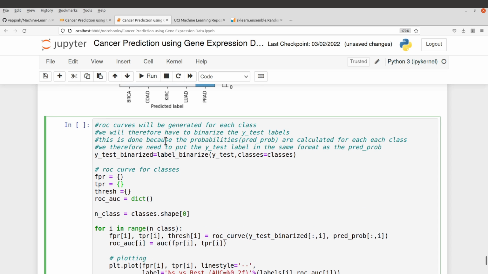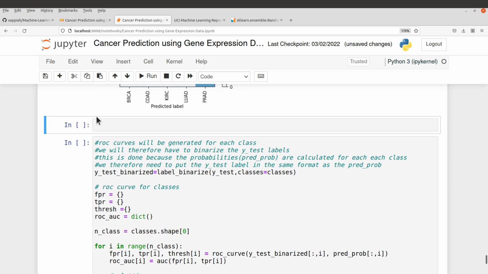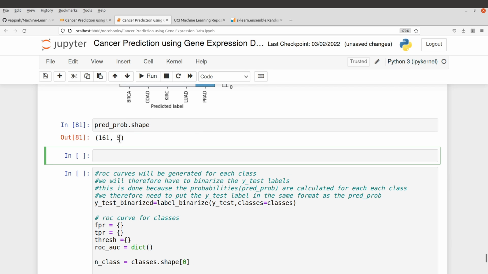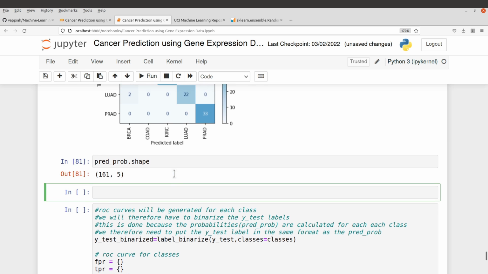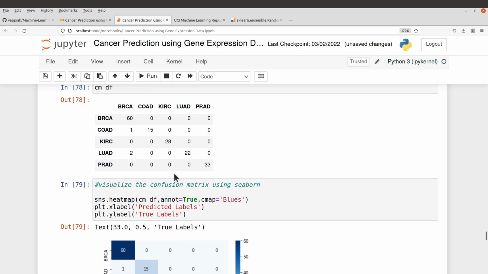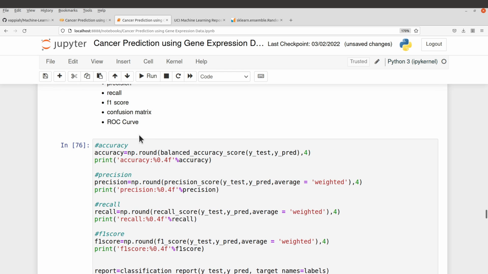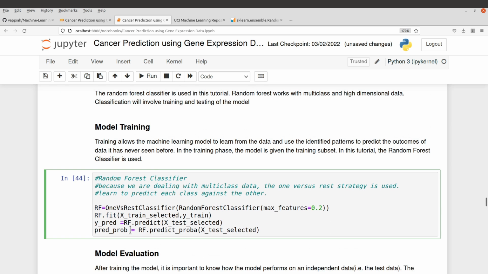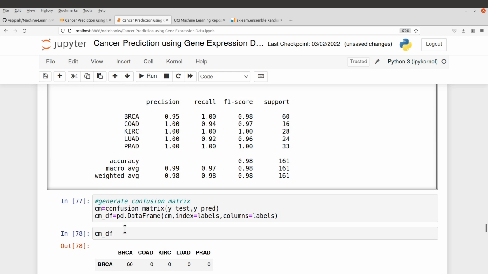If you take a look at the probabilities, let me just show that here. Probabilities are generated for each class. So let me just do a shape here for you to see. We have 5. So this 5 here means probabilities are generated for each of the classes, and that is why we have them in this particular shape. But with our current predicted class, let's just go back to check the name. We have y_pred. Okay, yes, so y_pred here,